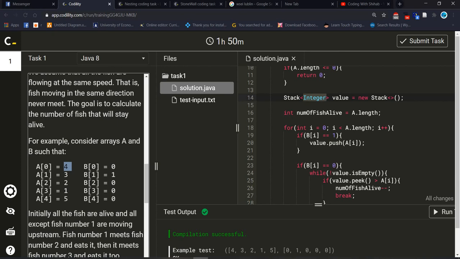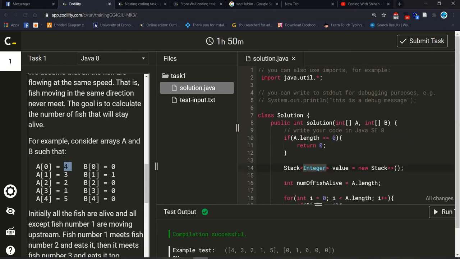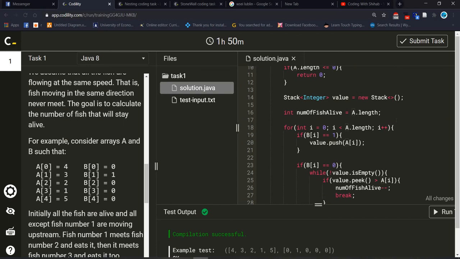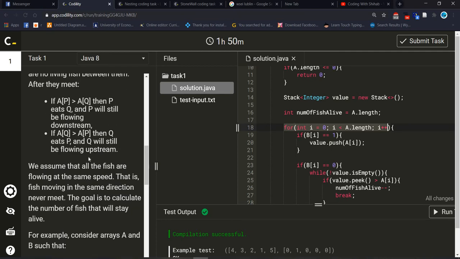Later I am checking int number of fish alive, how many fish will be alive, and it comes from array A dot length. Later I am iterating this array length and I am checking if B[i], that means array B value, equals 1 or 0. I have to check it at first because it's already described.